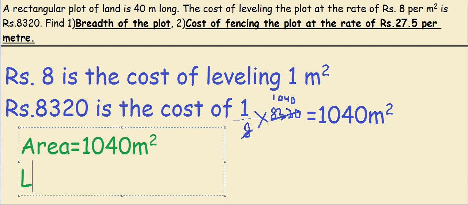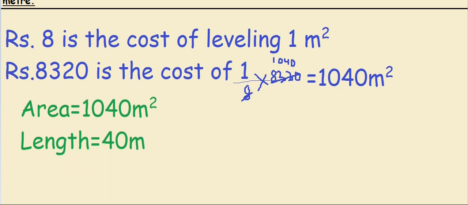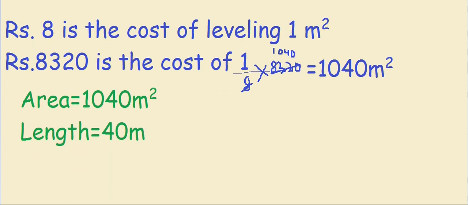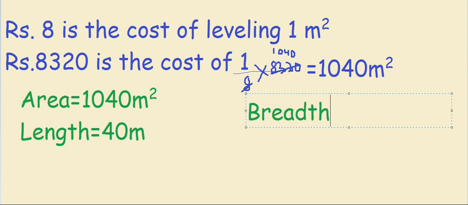So area divided by length is equal to breadth. Similarly, area divided by breadth is equal to length. Do not get confused. Just remember this, if you divide area by length, you always get the breadth. So a breadth I will find. The first part of my question is done. My first part was to find the breadth of the plot. I have done it very easily. Breadth is always equal to area by length.